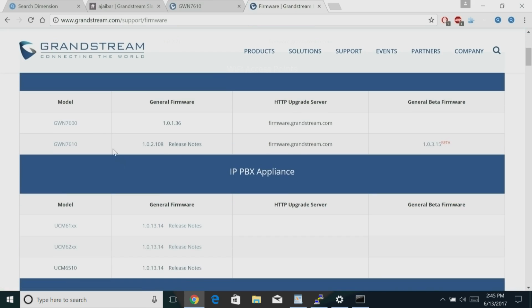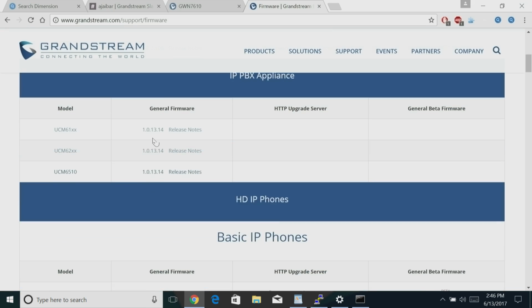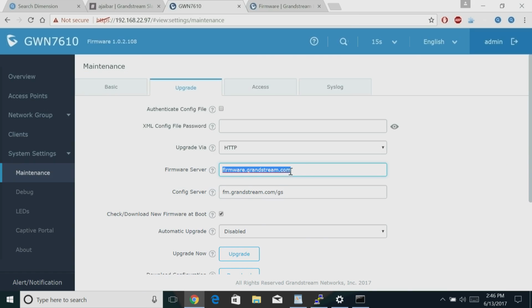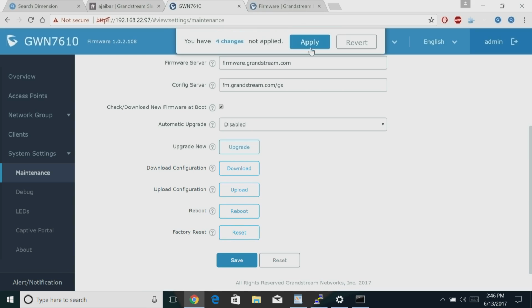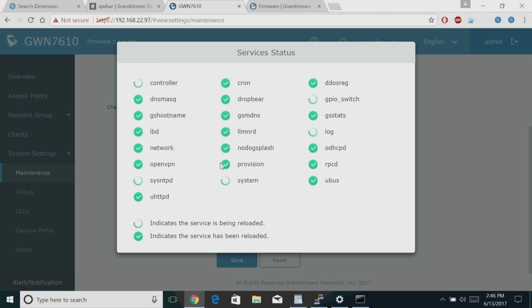And we know we have all the firmwares there. So it says the HTTP upgrade is possible from firmware.grandstream.com for the router and both access point models. So this path is valid. You have the official firmware for them. Now, once I enter this and then I save it, apply the changes, if I want to upgrade the master,